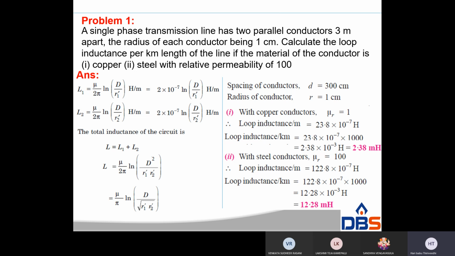I am giving one formula: loop inductance per meter equal to 10 power minus 7 into mu r plus 4 ln D by r Henry per